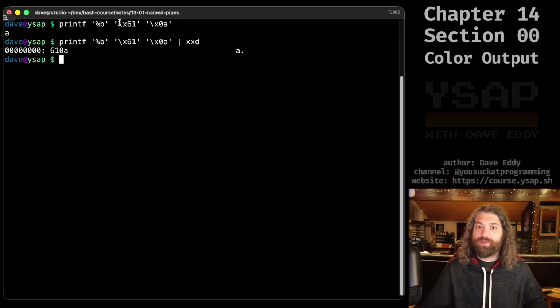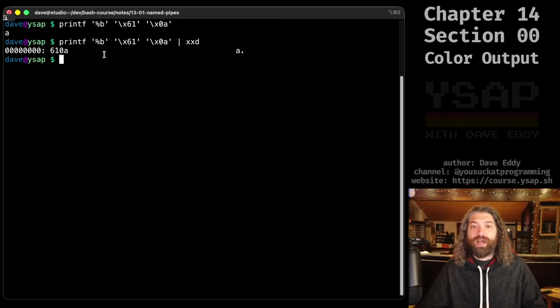We could prove this. We could pipe it to XXD, and we just get 61 0A, which makes perfect sense. So that's what's going on there. This is important because now we can print characters that are unprintable. There are certain characters that have a special meaning but don't actually show up in any sort of meaningful way